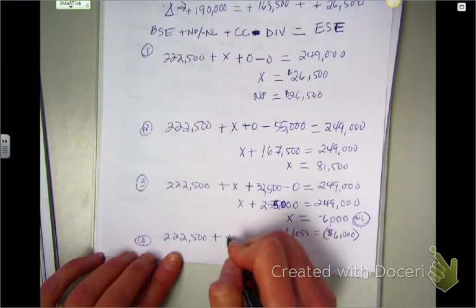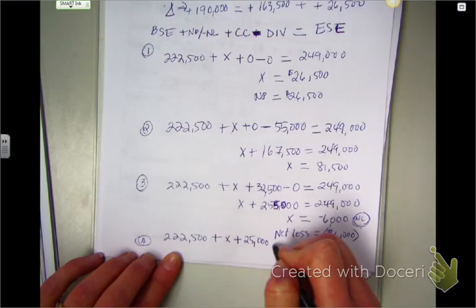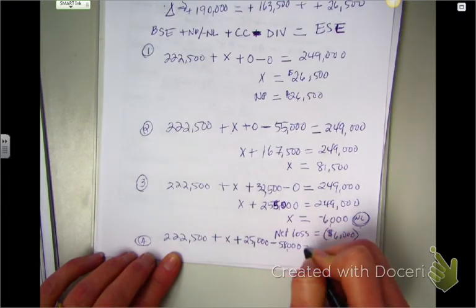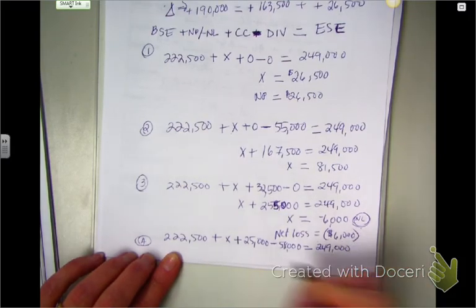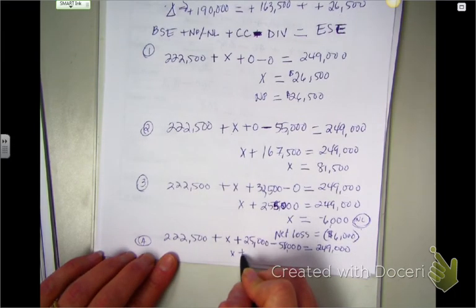The contributed capital is $25,000. And dividends were $58,000. And our ending was $249,000. So if we put everything on the same side, X plus